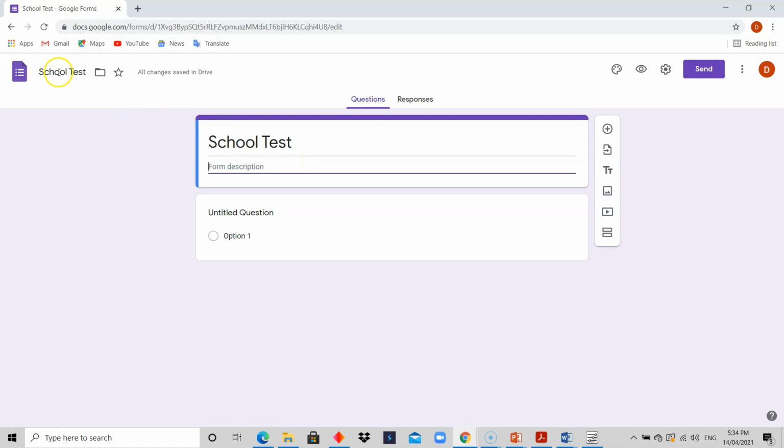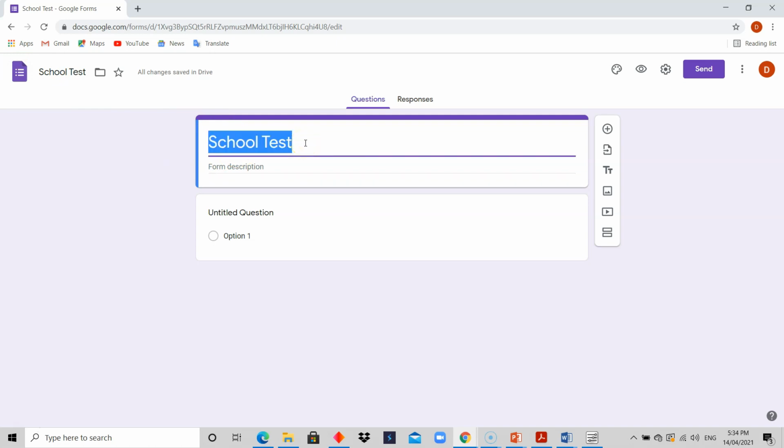But anytime you type here, it's going to appear here. That's if you're typing for the first time. Do you understand that? And if you type here also, it's going to be duplicated here, but you could change it if you don't want that. Some people prefer to use same name for the two, but it's not compulsory. You could change it. So I'm going to change this one now to semester